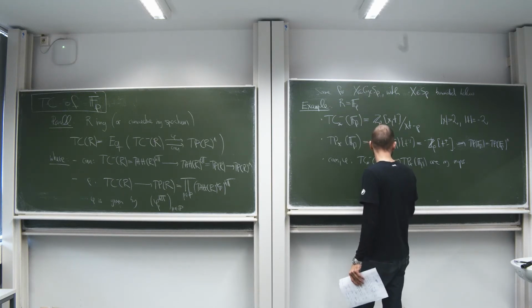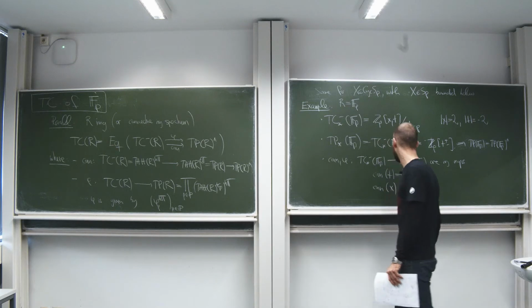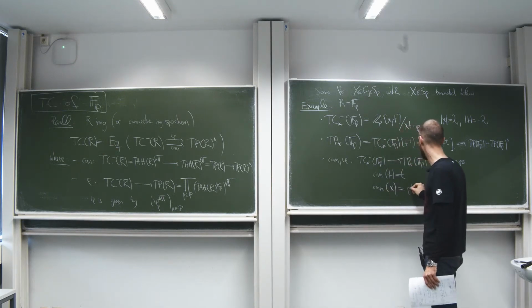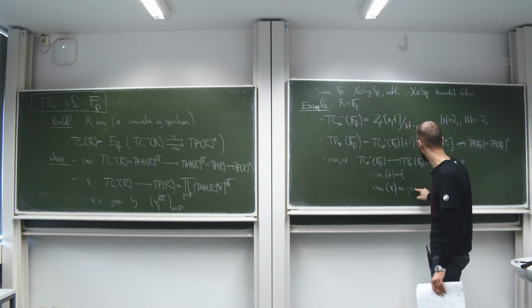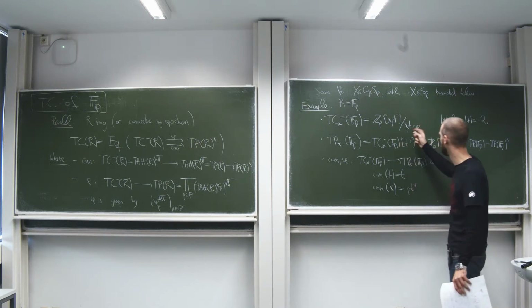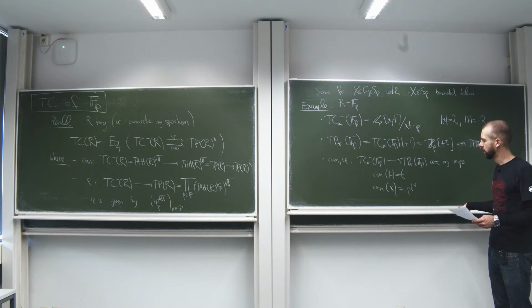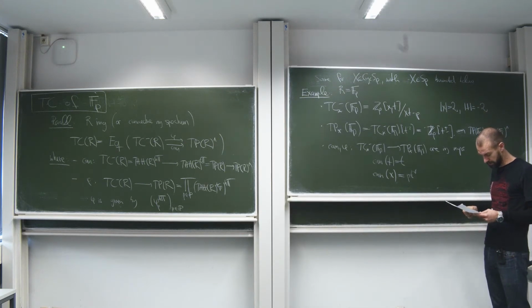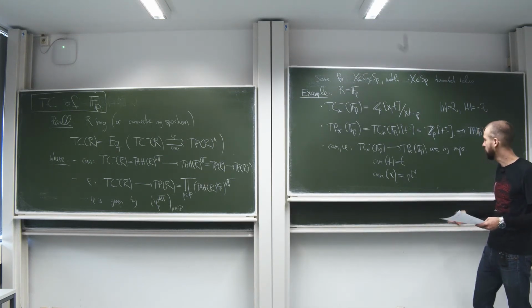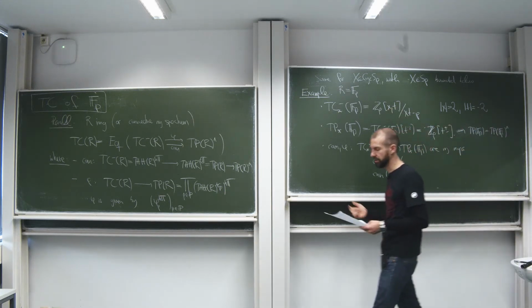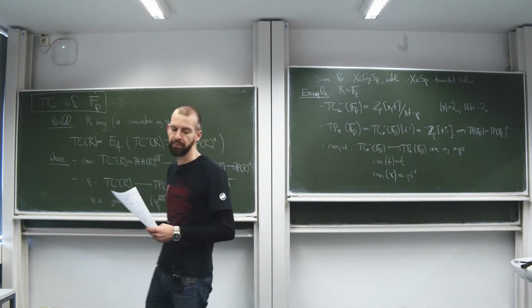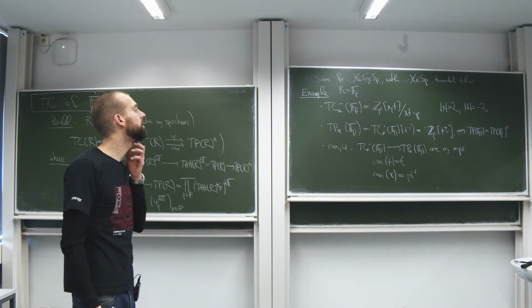And accordingly, Can of X is going to be given by p T to the minus 1. So that's what we said. When we localize, the reason we can forget X is that we can rewrite X in terms of T. Okay, so that's the Can map. And I should also say on coefficients, it's the identity. It's just a ring map from Zp to Zp. But now we want to talk about